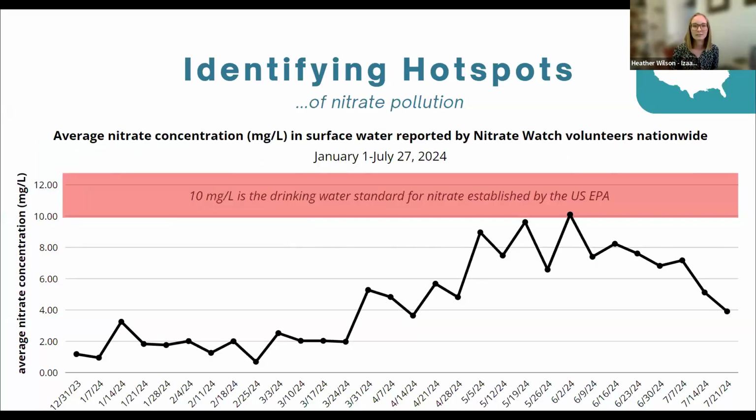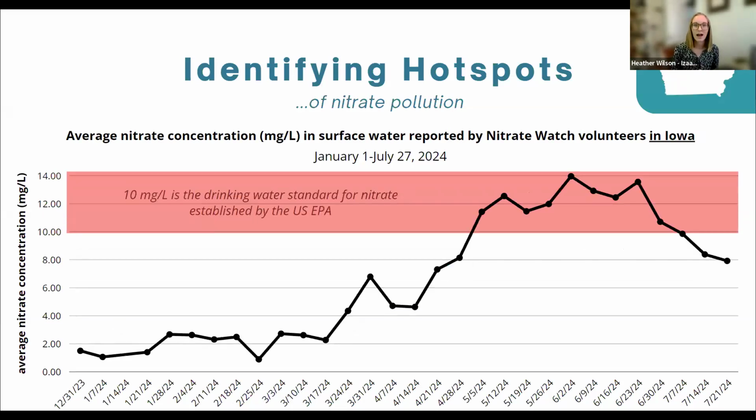And then a tiny little tangent, just another way to visualize this data. We averaged it out over each week, the readings that were coming in. And this is kind of the curve, the effect that we saw happening late spring into early summer. There was definitely a peak, which we're not surprised by, as there's more nitrate being applied to the landscape, and then of course more rain carrying it off. But really interesting to see that phenomenon. We actually put out a blog about this if you want to find it on our website. We call it the spring flush, basically. This is national data.